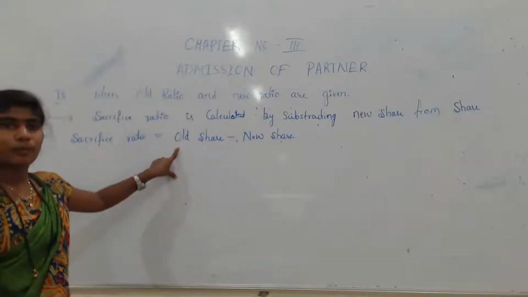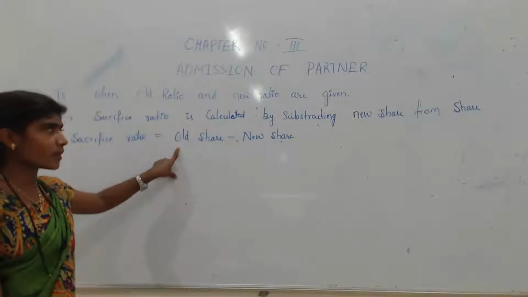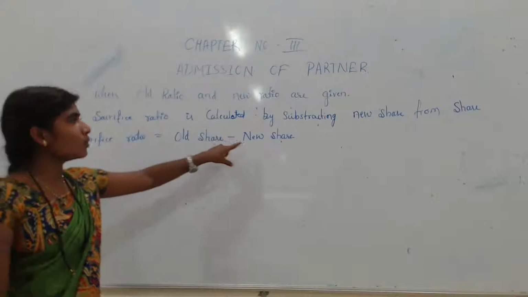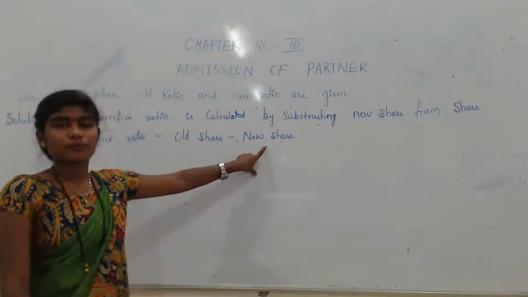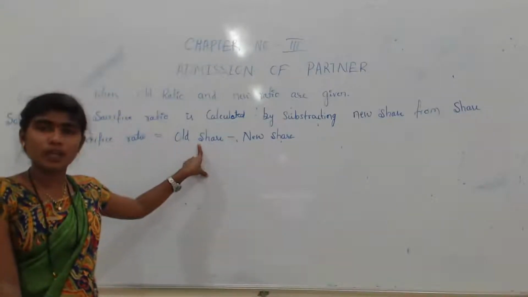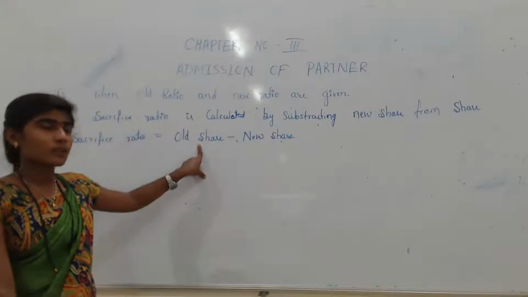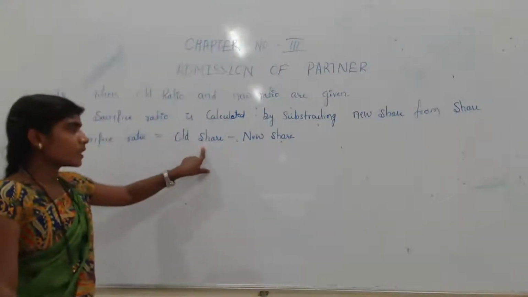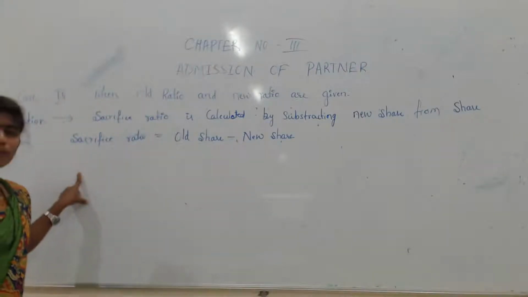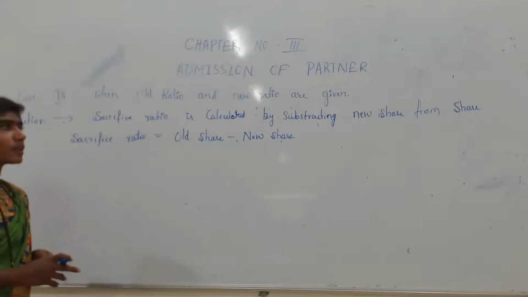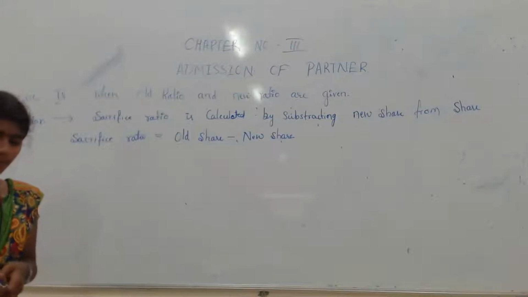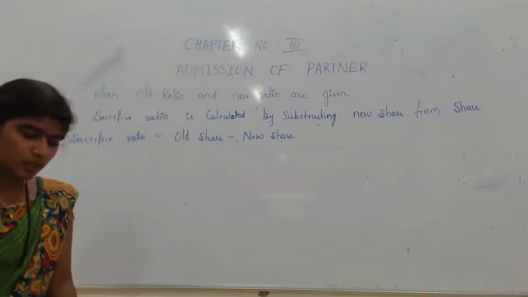Because old partners are sacrificing a part of their share to new partner, no? So, old share is more than the new share. So, if you are deducting new share from old share, then you will get sacrifice ratio. Now we are solving some questions based on fourth case. Okay, I'll read some questions. One question, see,